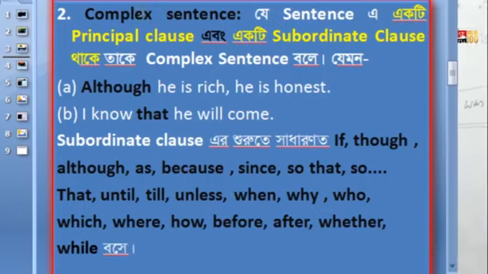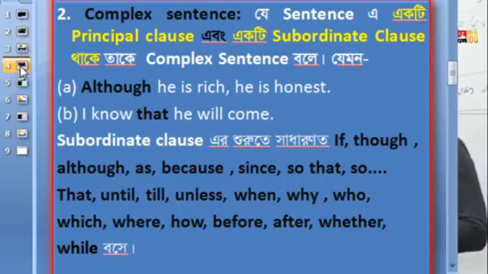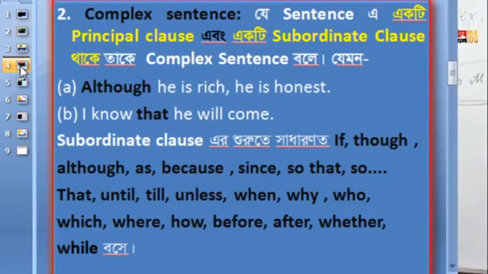In a clause, you will get a single subject and of course a final verb. But in a phrase, you will get that it is an idea. A phrase is just an idea having some words. That means a phrase is a group of words having an idea. But a clause is a complete thought, though sometimes it may depend on another, but you will get the full criteria of a sentence in a clause.